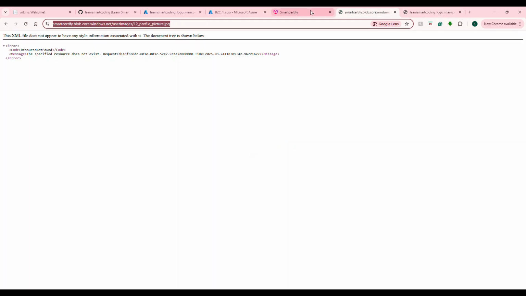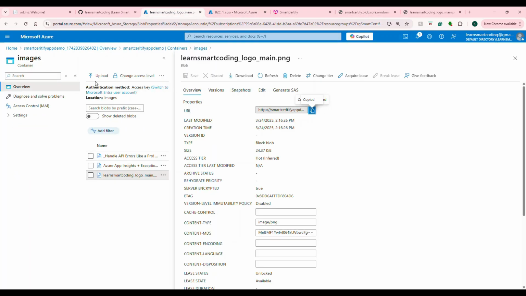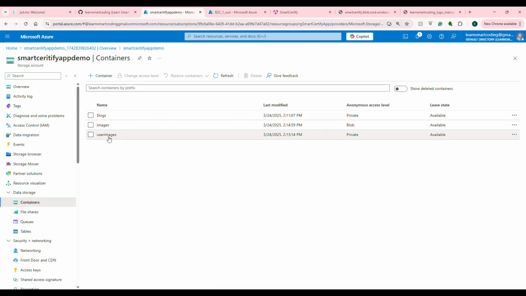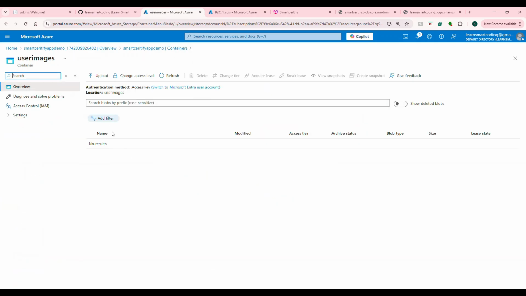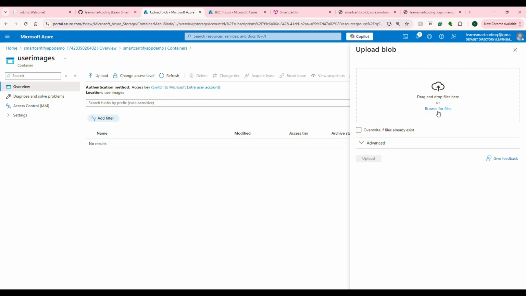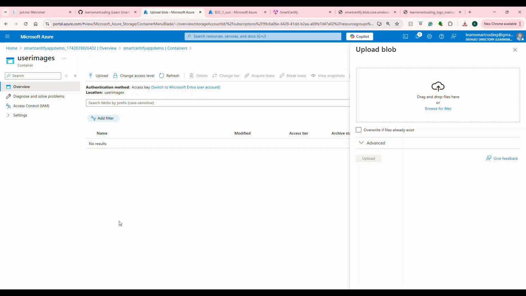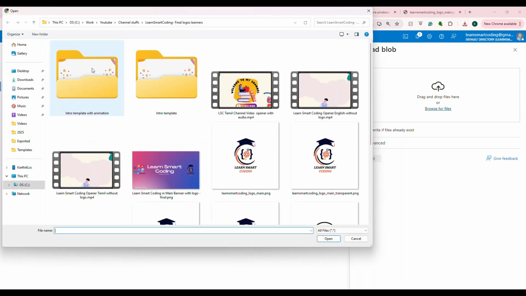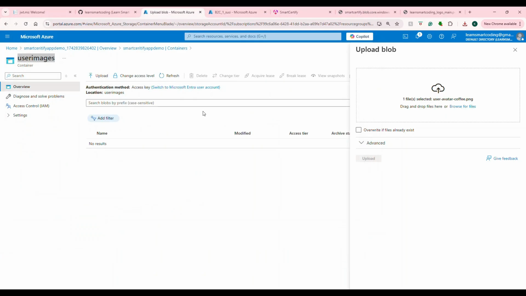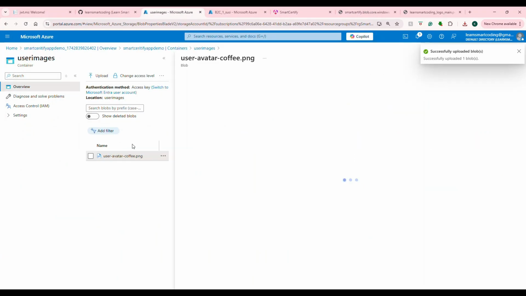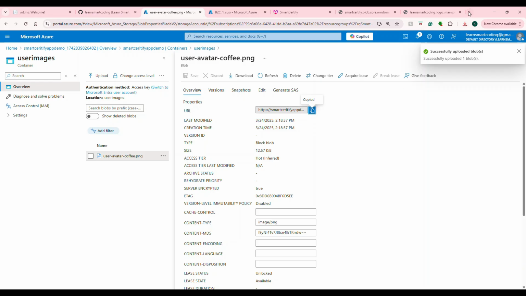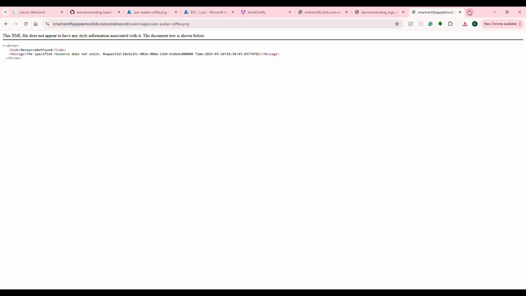So all I'm going to do is go outside of this container, go inside this user image, and let's imagine there's a user image here. I'm going to upload a different image. Now we are under a different container called user image container, which is a private container, right? So if I try to upload a file, let's say this image, this is the user image, and if I go here and grab this and try to come here, the image is present, but it says